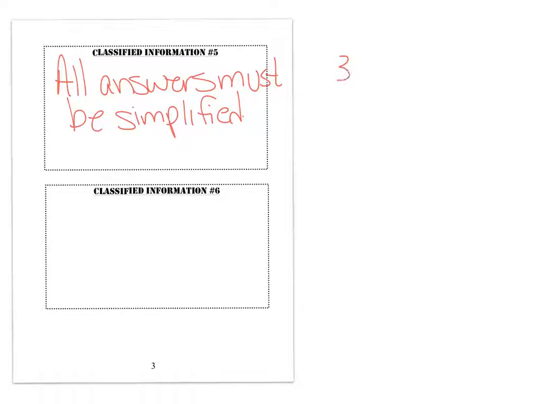Our answer right now is 33 over 2. That really can't be simplified any more than it already is, and that's probably because we cross-simplified. But if we had to, we would simplify. Classified information number 6 is all improper fractions